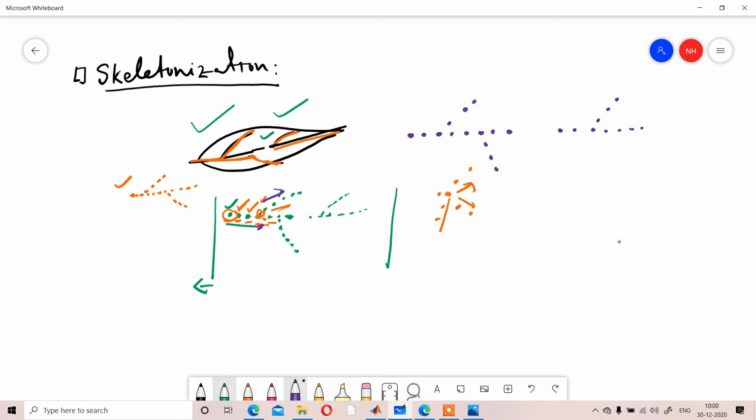Suppose that, and the green color pixels were empty, those 3 pixels are empty. Now simply, whatever I told you, in that position you will get two neighborhoods, this one and this one. So those two neighborhoods will create two defined paths. For this pixel, again you will try to find the neighborhood, and obviously this will be your neighborhood. For these pixels, that will be the neighborhood. So that path will continue.